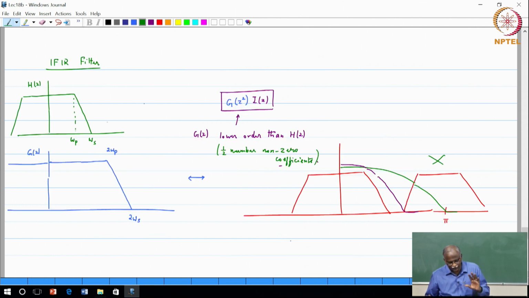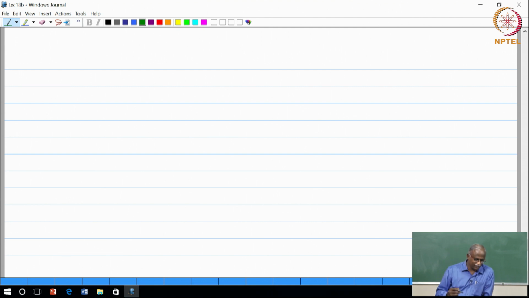But this notion of saying that I have got a lower complexity filter, people may not buy it, and the reason is it is not just g of z squared, there is one I of z also coming and say, come on, at the end of the day you design 2 filters, and did you really reduce the complexity? And DSP people are quite smart. They said, okay, wait, there is